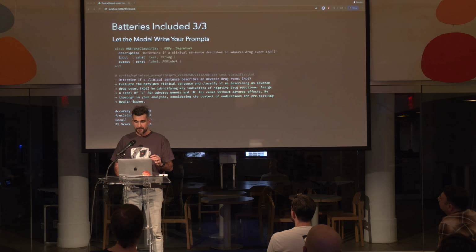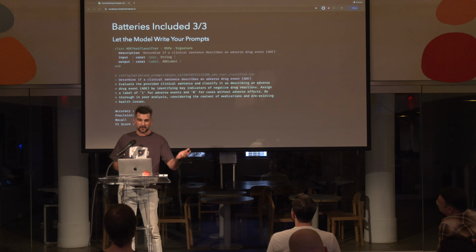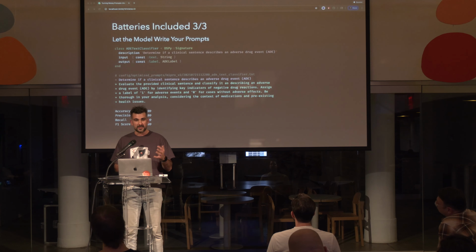And finally, last but not least, I told you guys that you would never write a prompt again. You would write Ruby code, but how do we improve these prompts? How do we make them more optimal? Building on top of the evals that we saw before, we can let the models optimize our prompts. Once you've defined your metrics in your evals, you can steer the model to write a better prompt that is going to give you better results.